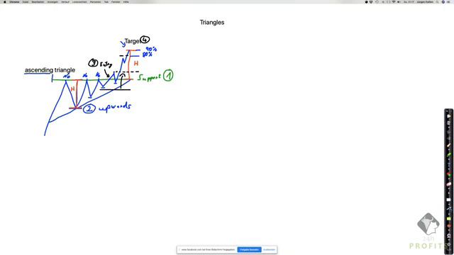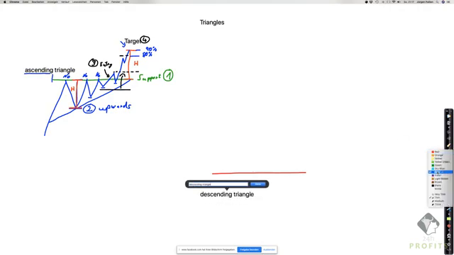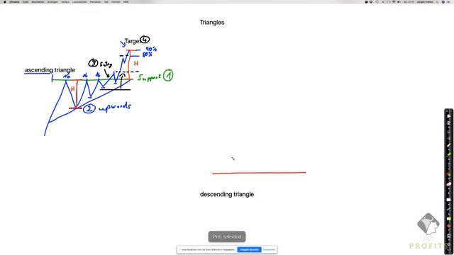And as with everything in trading, if we have an ascending triangle, we also have a descending triangle. So that would be exactly the opposite. So let's call it descending triangle. And what we have here is that prices go down, but to a point where the market says no, not any further. We go up again, we come down again, the market says no for another time, we go up